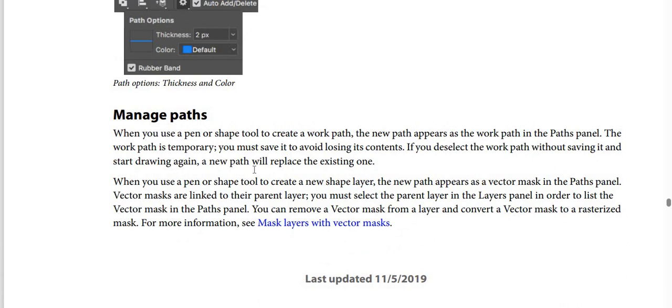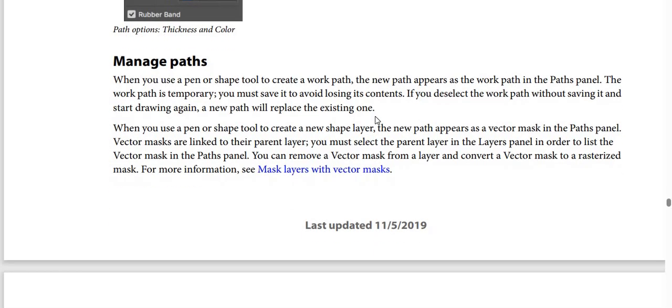the way, appears as the work path in the Paths panel, and the work path is temporary. You must save it to avoid losing its content. If you deselect the work path without saving it and start drawing again, a new path will replace the existing one. And when you use a pen or a shape tool